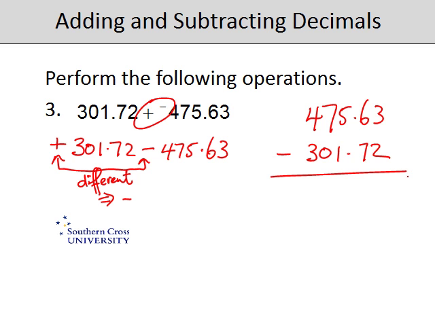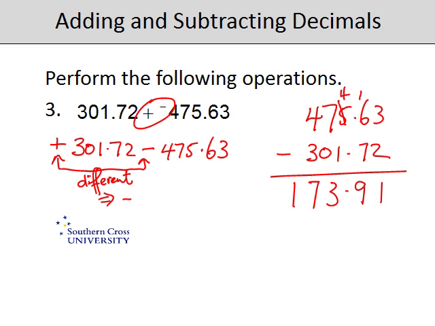So subtracting, 3 take 2 is 1. 6 take 7 you can't do. We need to go and borrow 1. There'll be 4 ones there, and we'll have 16 tenths. Take away 7 tenths is 9 tenths. 4 take 1 is 3. 7 take 0 is 7. And 4 take 3 is 1. So our answer includes the number